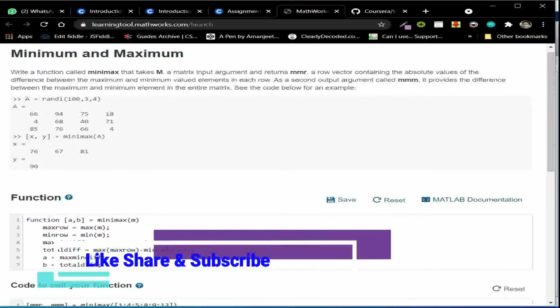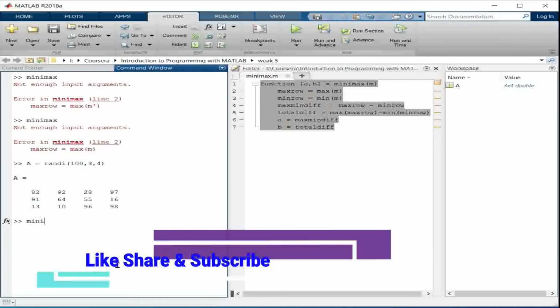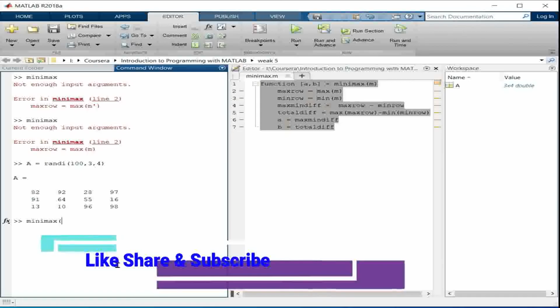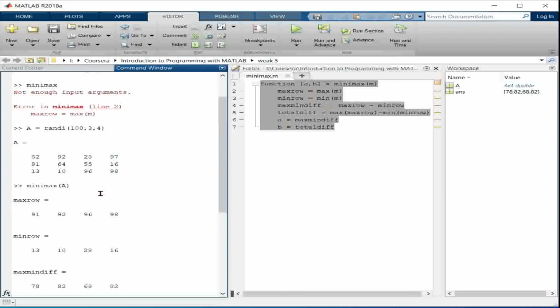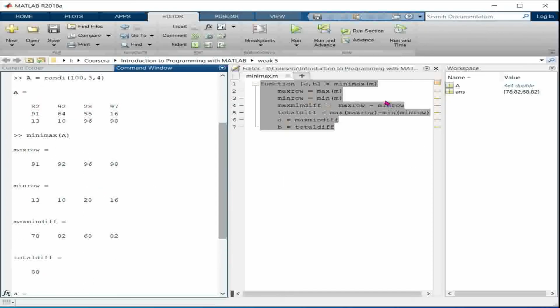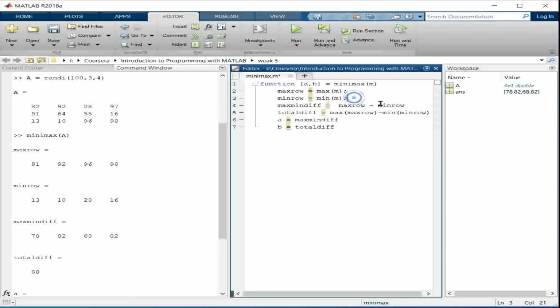Okay, let me quickly verify it. Minimax, max of A. Is it giving right or wrong? Let me first check here. No, it should return A, B.